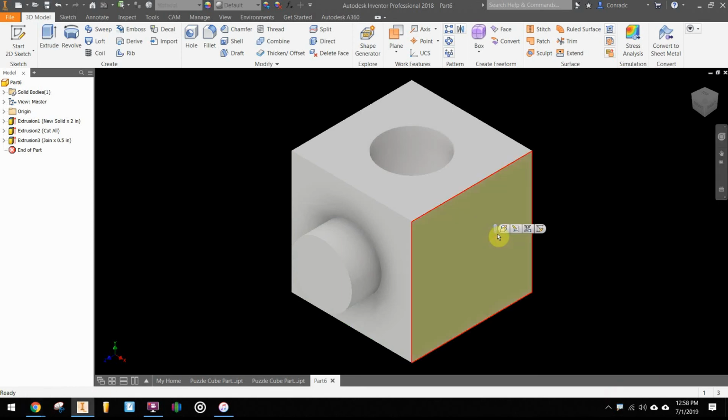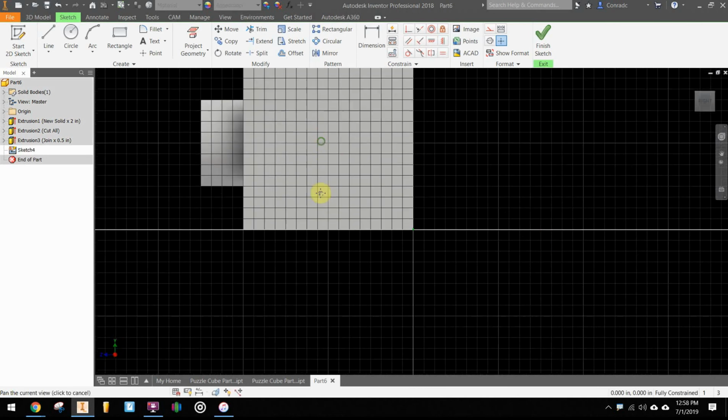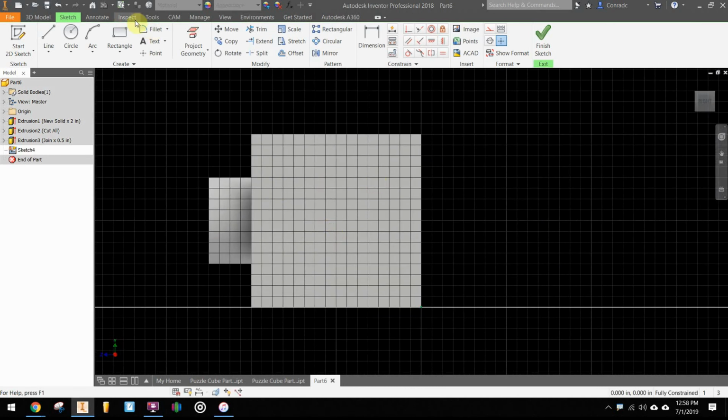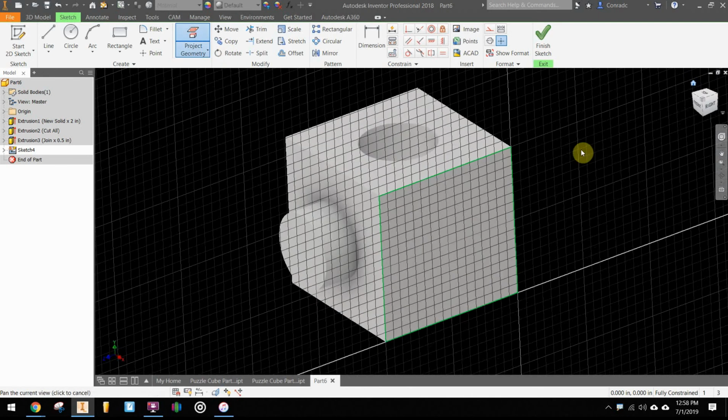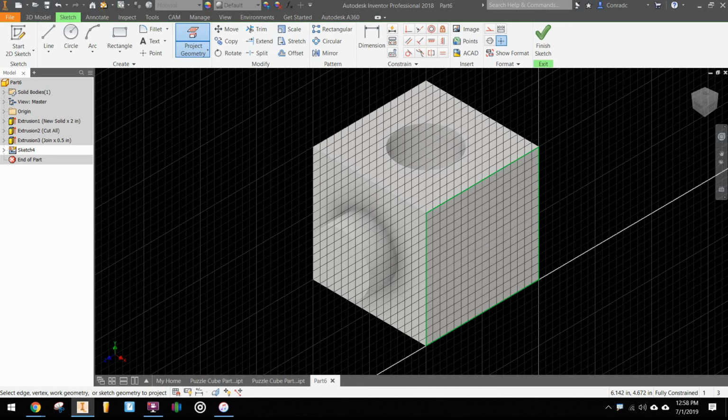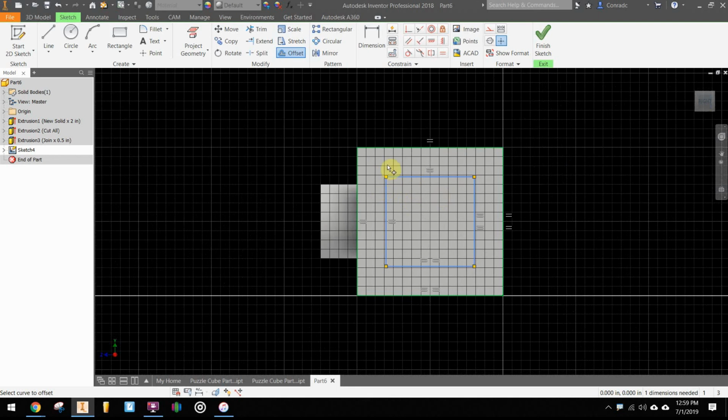Okay. On the right side face, I'll select that face. This time, I'm going to pick a new tool. Let's project the geometry. There is a setting to automatically project that edge, but we chose not to do that in the settings. So I have to do it manually this time. And then off of that, I'm going to pick offset. So I can pick that square and create it so it's already centered as an offset from the sides of the square. And then if I dimension the size of the square, we know that it's,